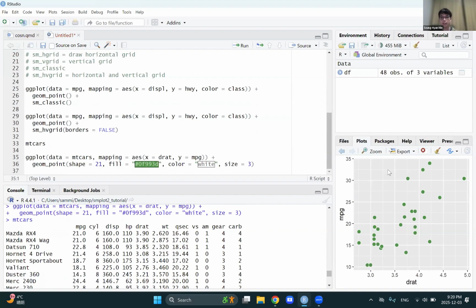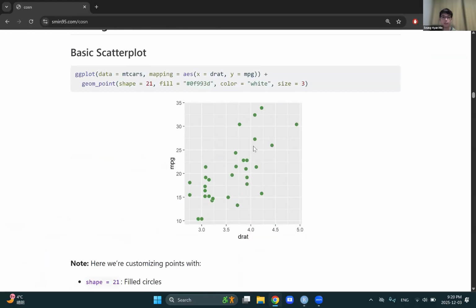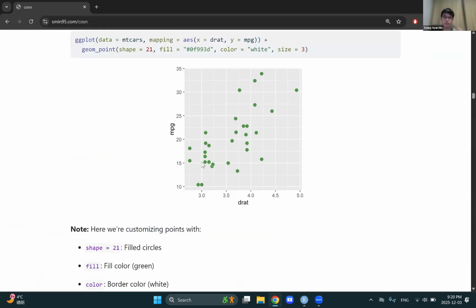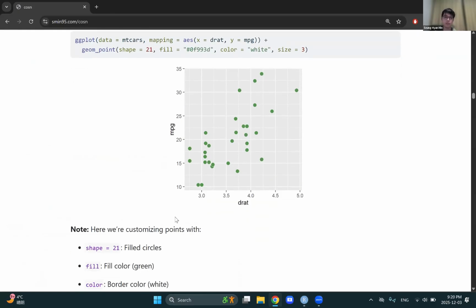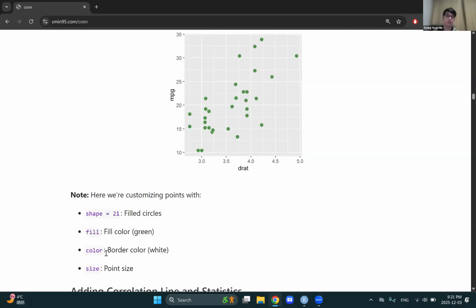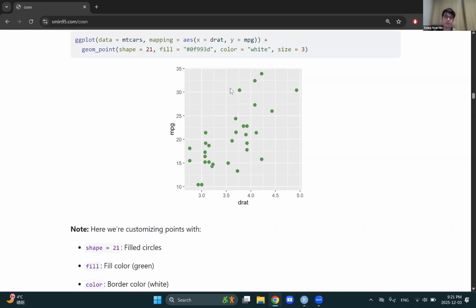So this is a classic shape. This is a classic correlation-like figure where you see a positive relationship. In this default figure, we've customized the aesthetics of points such that the shape is a circle with border. That's 21. And you have the fill argument specified as a green color, which is the filling color of the